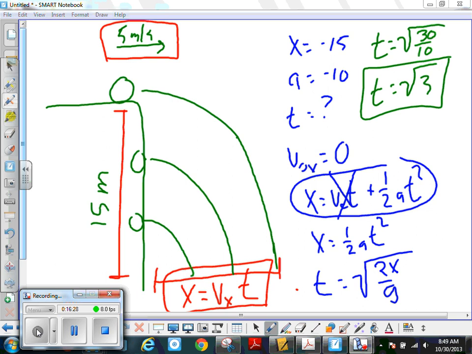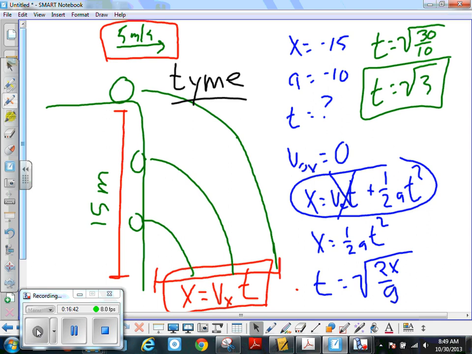So, in this case, I forgot to tell you this, there's a special way to spell time now, and it's like this. The reason why is because how high you are, or whatever's happening in the y direction, is usually what determines how much time you have to do your x stuff. So that's kind of why we did that lab where we kept going higher and higher, and you could tell that there's different times happening. So keep this in mind that you spell time this way. Now, that doesn't always happen. Like you might have a variable where you're hitting a wall or something before the y can